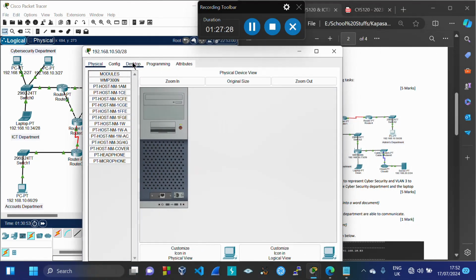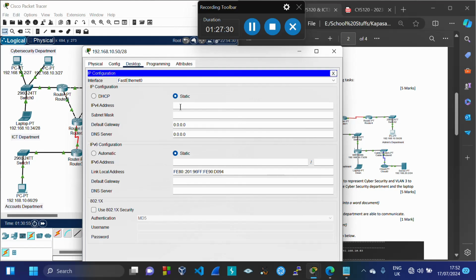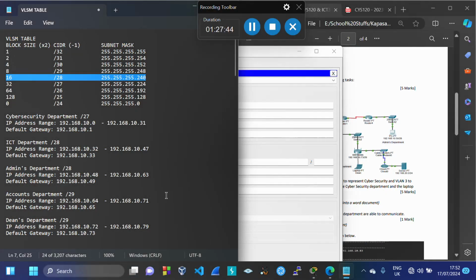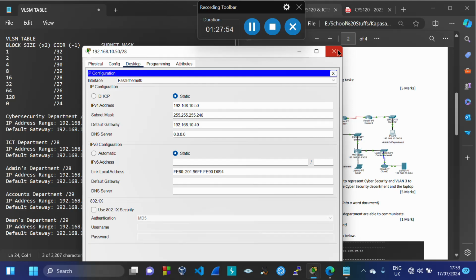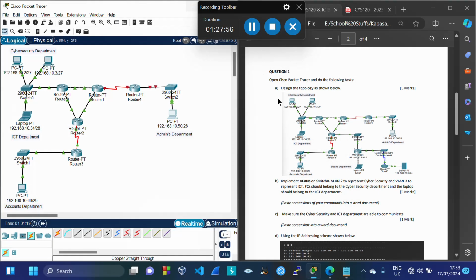Then under Desktop, IP Configuration, we are going to put this IP address which is given. Then we put 240 because it's /28. Then for the default gateway, we put .49 based on what I've shown you. So, understanding that we've configured this, now we need to insert the default gateway at this interface connecting to this switch